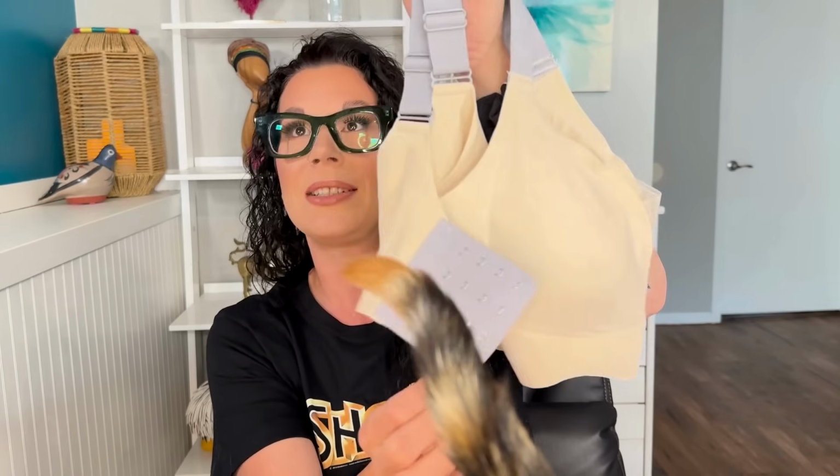Again, originally they had these for more busty gals until they came out with a smaller one. So that's why the back strap is wider in the back and has a lot of these little clasps on it to help give support in the back for those of you who are far more busty. So if you are a busty gal, you don't care about padding, but you want a nice, comfortable, seamless bra,